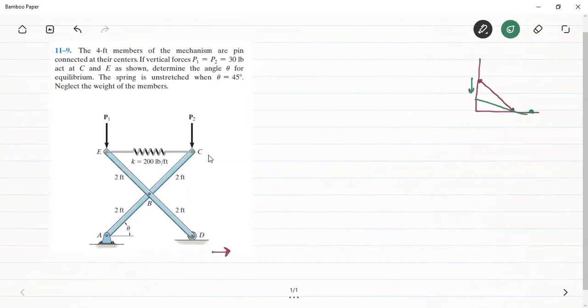Okay, but what will happen to the point C? Now they are connected at their centers. What is the sense of rotation of ED? If this D is moving towards right, what will be the sense of rotation of the ED? Will it go anti-clockwise or clockwise? It should go in the anti-clockwise direction, as clear from this figure. If this is going in the anti-clockwise direction, therefore, this contact point with the ground will move towards right and the wall contact will move downwards.